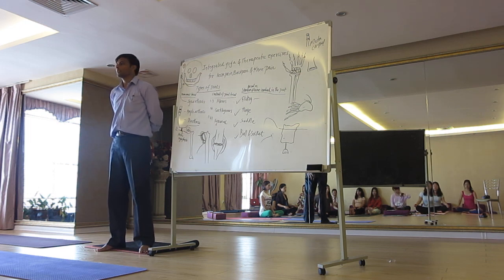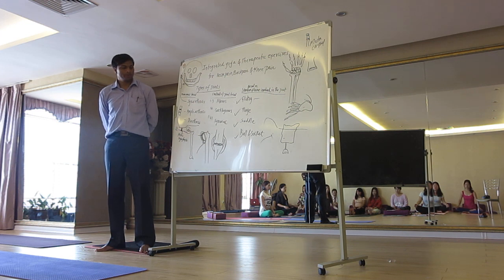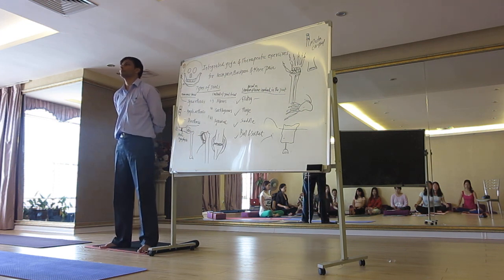First one, joint which doesn't move, skull. 第一个是不会动的关节，你的头骨。 Second one, joint which will move little bit, like your vertebral column. 第二部分是你的。